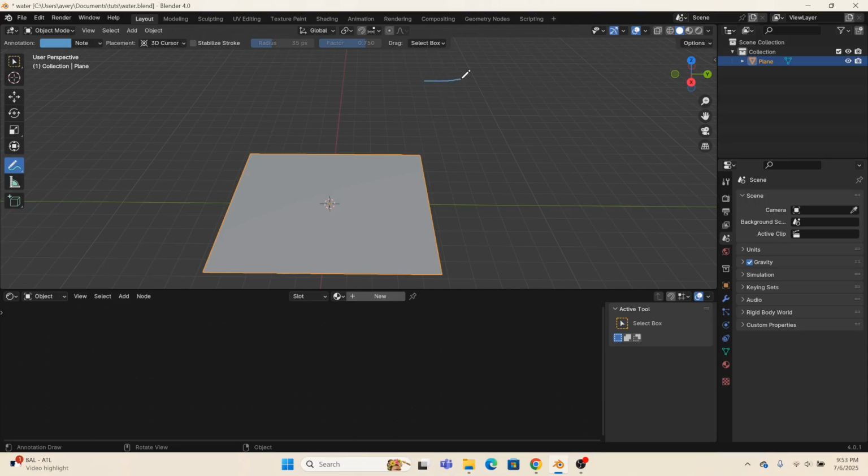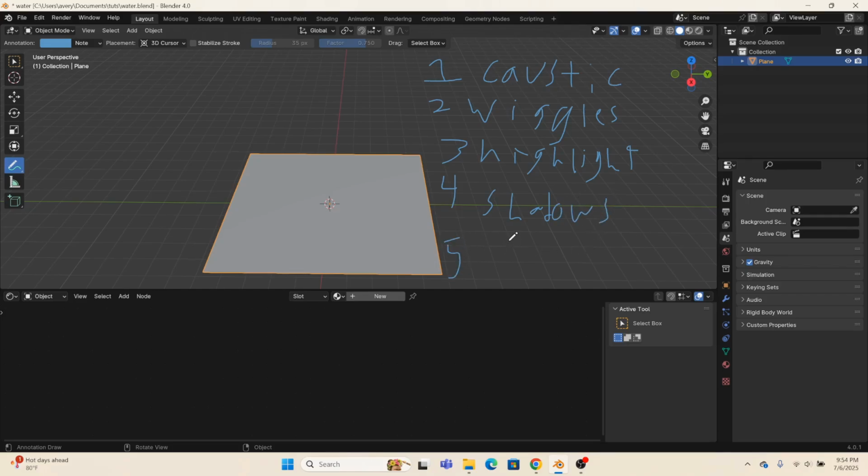Okay, so we're going to need a few things. We're going to get: 1. Caustics. This is what you need. 2. The Wiggles. 3. Highlight. This makes our water fancy. 4. Shadows, which is optional. 5. Base. That looks like a Q. Ooh, cool. Base